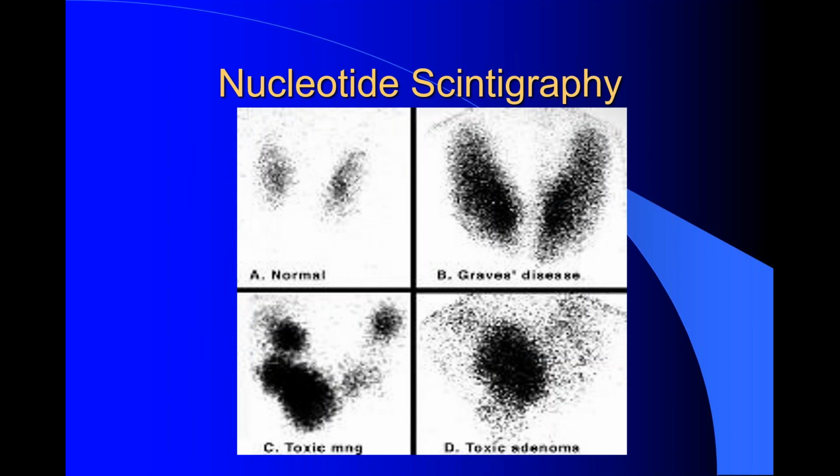So on nuclear scintigraphy, you can see this is normal. This is Graves' disease, diffuse increased uptake. This is multinodular goiter. You will see different hot nodules, and the area between them is normal. And this is single toxic adenoma, in which you will see a single hot nodule, and the rest is functionally